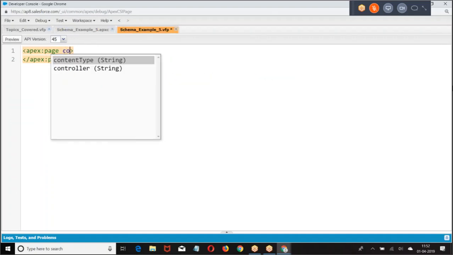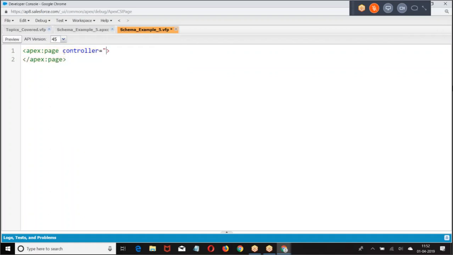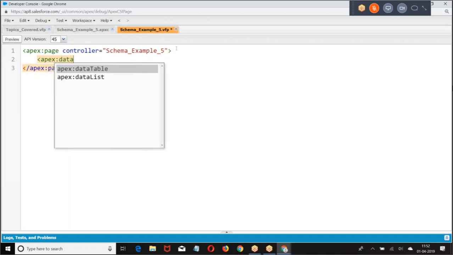Every example has an association with the last one. Every scenario we're taking here has an association with the last example. Data table.